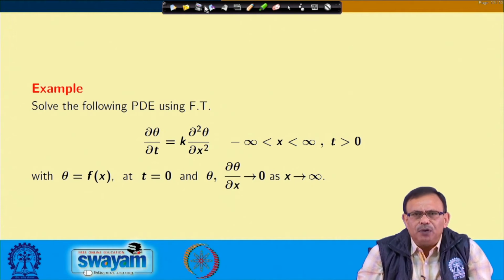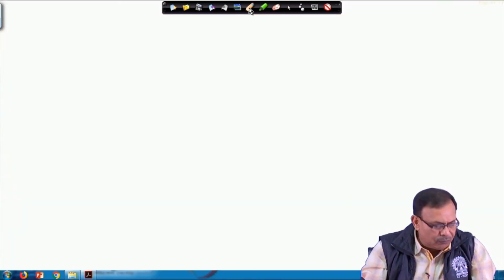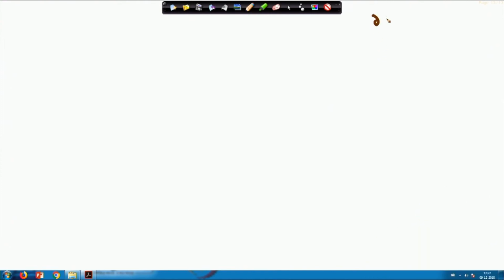So, we should be careful whenever we are trying to solve a problem. The first thing I have to think about is which transform I can use. Here, since x varies from minus infinity to infinity, I can take the Fourier transform because the conditions are also given, but I cannot use the Fourier transform with respect to the variable t, because the range of t is from 0 to infinity. So, to solve the problem, your equation has been given as ∂θ/∂t